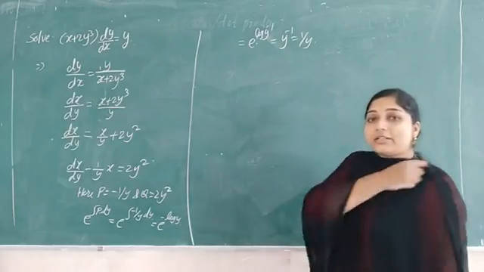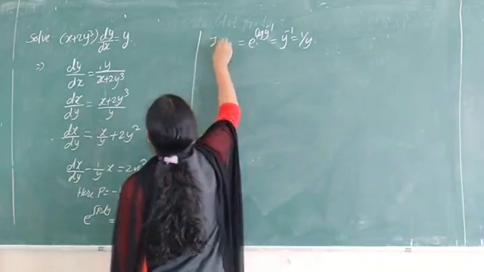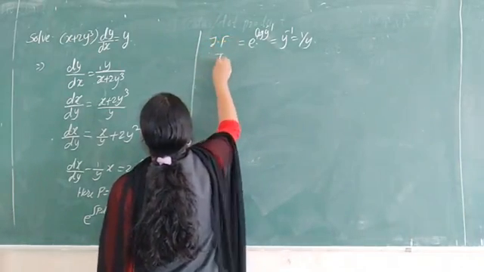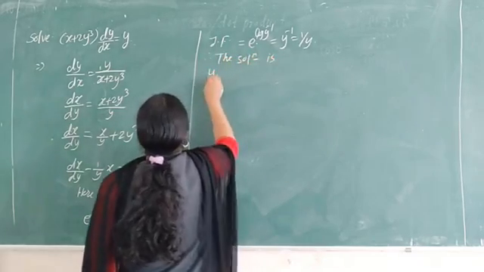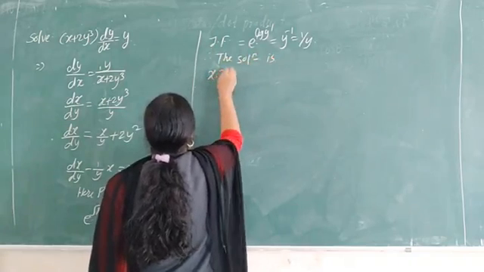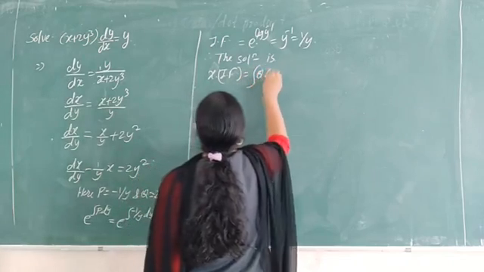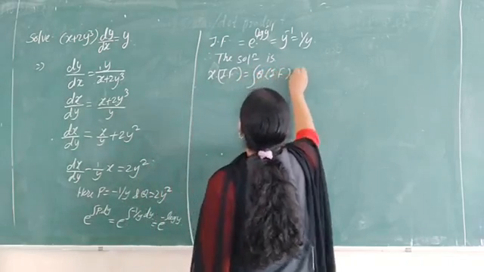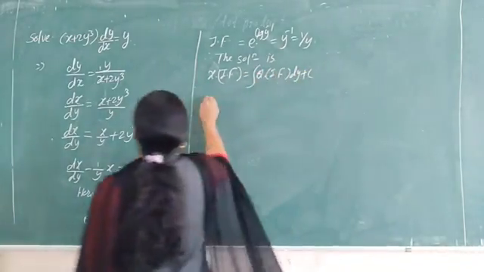Use the property, that is e to the power of minus log t. Okay, then this is the integrating factor. Therefore the solution is x into integrating factor is equal to integration of q into integrating factor with respect to y plus c. Okay, so x into integration